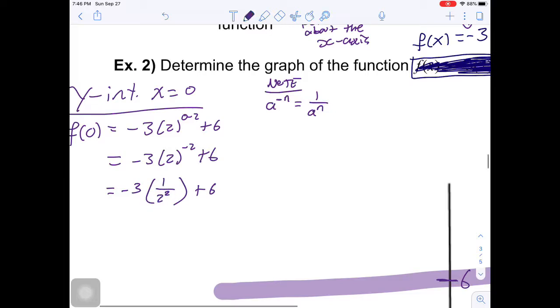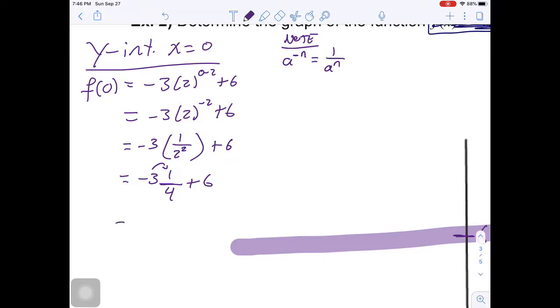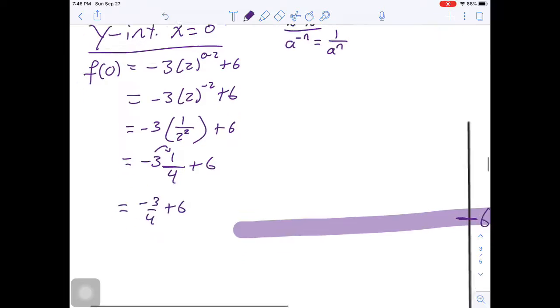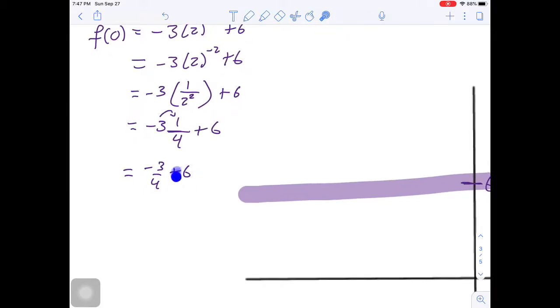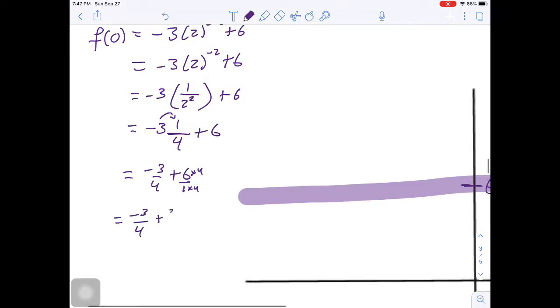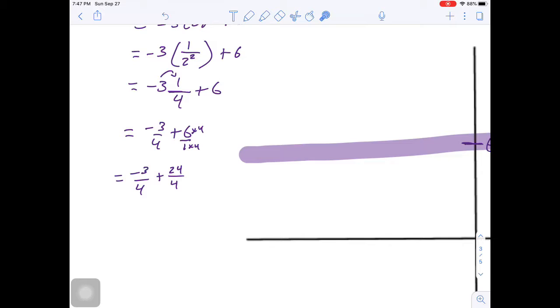2 squared is 4, so this will be negative 3 times 1 over 4 plus 6. We can apply this, so negative 3 times 1 is negative 3 over 4 plus 6. And then from here, what are we doing? We need to get common denominators. So we're going to multiply 6 by 4, because we can imagine this to be over 1. So times 4 and times 4. And that will give me negative 3 over 4 plus 24 over 4. Negative 3 plus 24 gives me negative 21 over